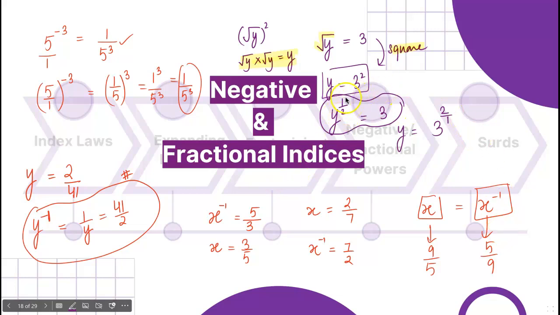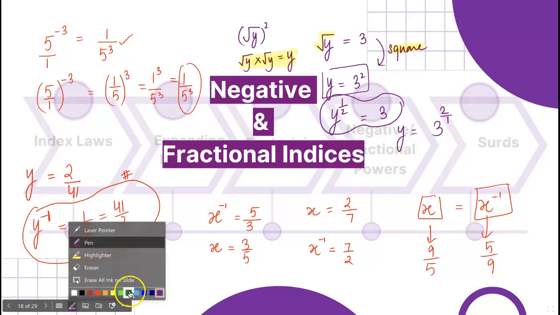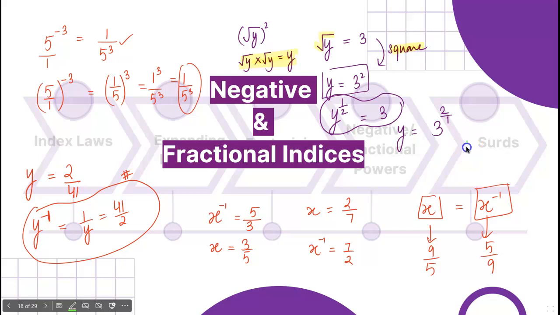So it was 1 over 2, it turns into 2 over 1 over here when it goes to the right side. So if you're understanding this, and if I say for example, y to the power a over b equals p. From here you can say, I'll be writing here, y is p to the power reciprocal of that. It was a over b, so that would be b over a.